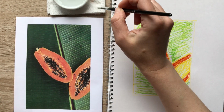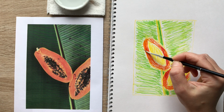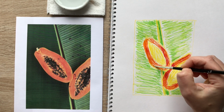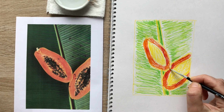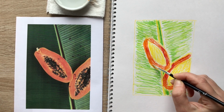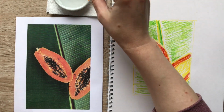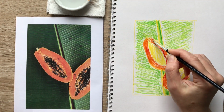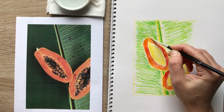So one thing to be thoughtful of is where you might have a lighter colour, for example the yellow, you might want to try and drag the yellow on top of the orange rather than the other way around, so that you don't cover up your yellow tone too much and lose that part if you want to keep it a little bit more yellow. So it's just something to be mindful of, but